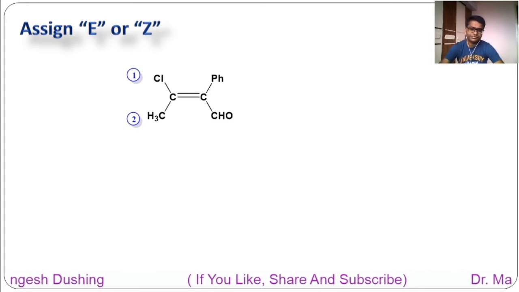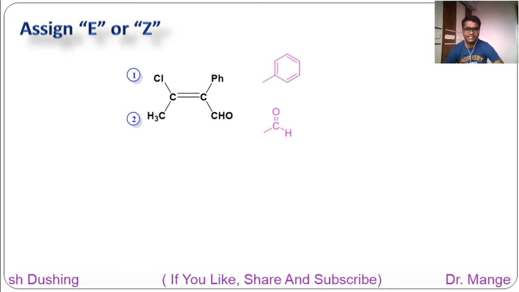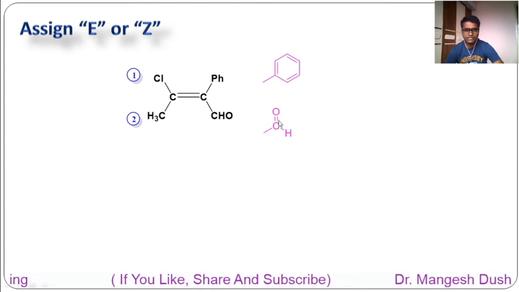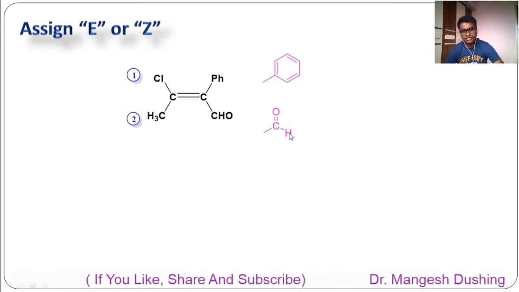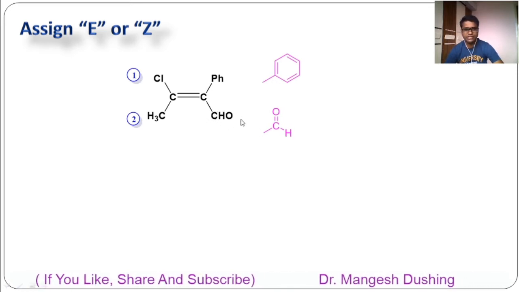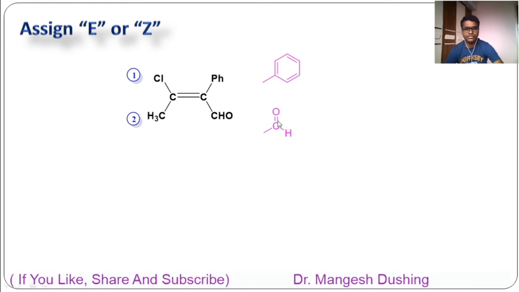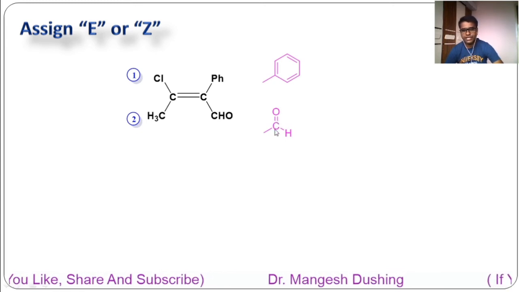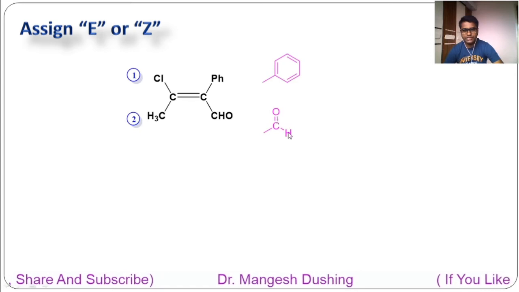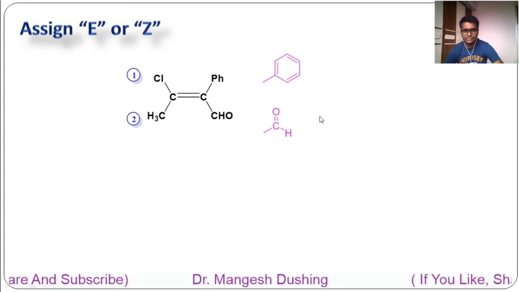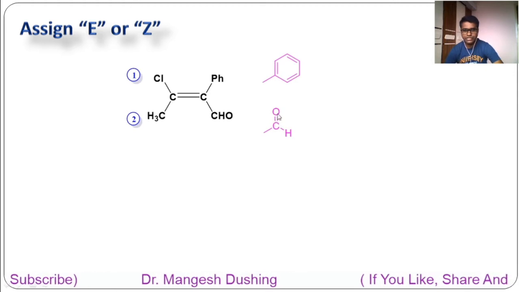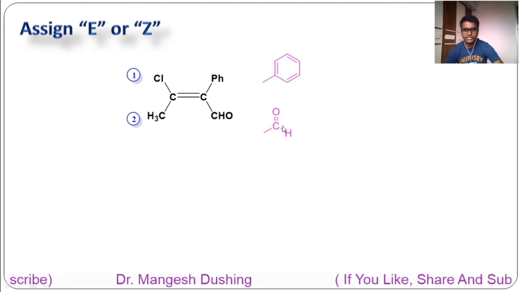Aldehyde. See, this is aldehyde. Aldehyde looks like this: carbon, oxygen double bond, carbon single bond with hydrogen. So you should know the basic functional groups and their bonding. Then only you will get the next 3 atoms. So here carbon is attached to the oxygen with a double bond, and here is hydrogen. So you have to write 3 atoms in decreasing atomic number. So that is oxygen, oxygen, because a double bond you have to consider twice, oxygen, oxygen and hydrogen.